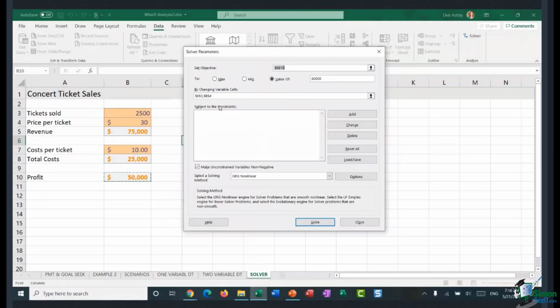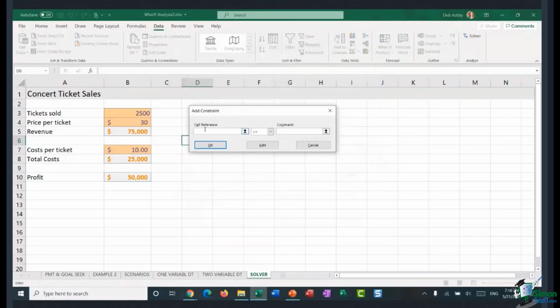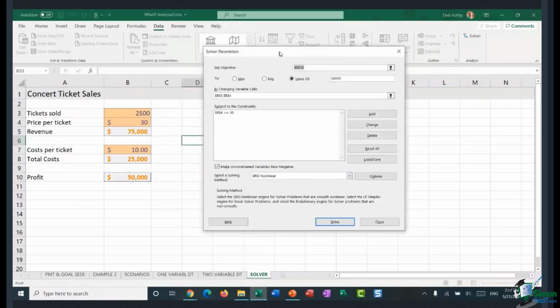But I'm going to add in a constraint. You can see underneath, this is where you can add in different constraints. So I'm going to say add. Now my constraint here is that the price per ticket, so this cell here, has to be less than or equal to 30. Can't be greater than $30. I'm going to say OK. And if I wanted to, I could go through and add in more and more constraints. That might be something you want to do depending on the problem you're trying to solve. But I just really wanted to introduce Solver to you at this stage, so we're not going to go too complex in the time that we have. But we have our constraint in there.